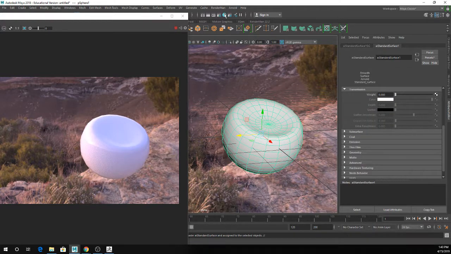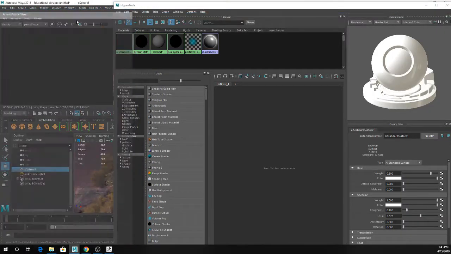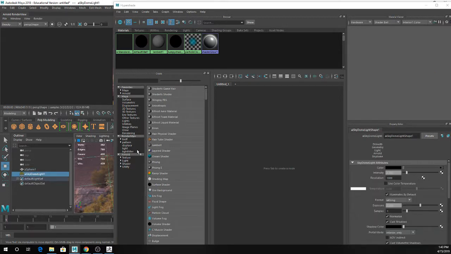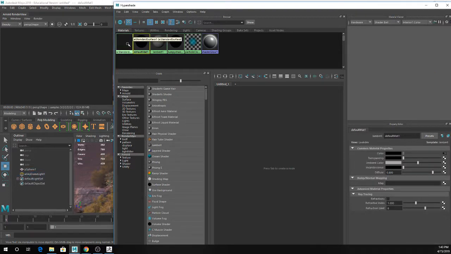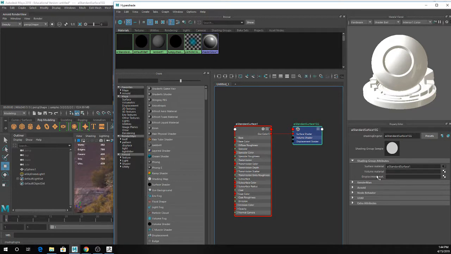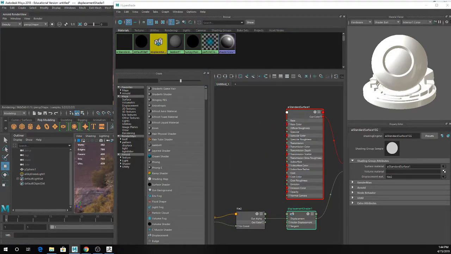So I'm going to go into my Hypershade. This is the new surface shader I made, so I'm just going to expand that down here. I will click on this little blue standard surface shader thing. You can see I have the displacement material. And I'm just going to map in the file from that,